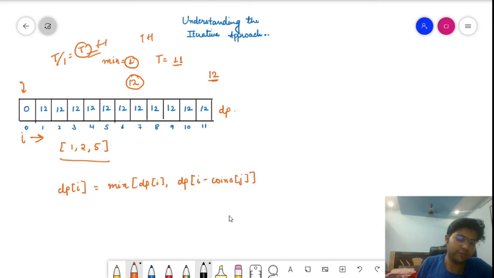This is the value that we have, i minus coins of j. That means from the ith sum I am removing the coins of j, the jth value of the coin. The j denotes the indices of these coins that we have. I am removing that particular sum because I am taking that coin, right? And when I am taking that coin, I need to add 1 over here, 1 plus dp of i minus